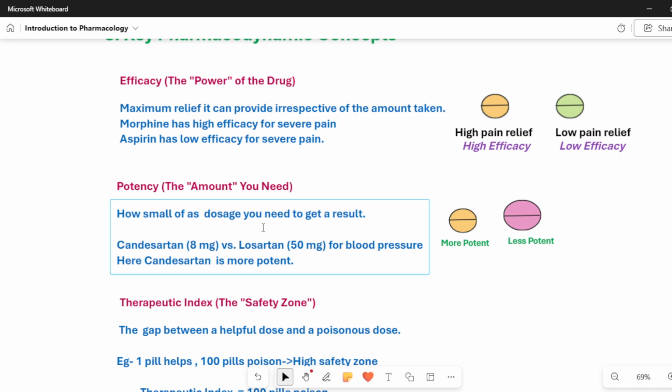So see, your dosage has increased. If you take 50 mg only, your blood pressure is under control. Now, when we compare both, which is more potent? The 8 mg tablet, even with a small dose, is giving the higher result. So that's why it is called more potent, and compared to it, the other tablet is called less potent.